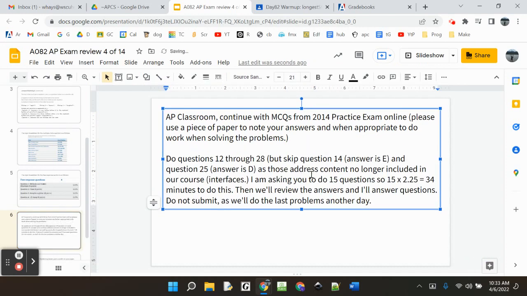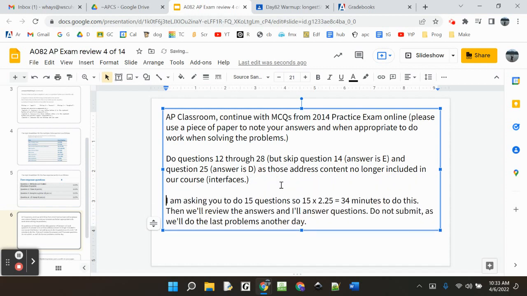You can skip question 14. The answer is E, and question 25, the answer is D, as those address content that's not included in the AP exam for you. This is from 2014, so those questions, just skip them. Don't be like, I don't know what an interface is. Why did you not teach me this, Mr. Hayes? It's a fancy part of, it's an extension to inheritance that they don't require us to know anymore. But we're doing